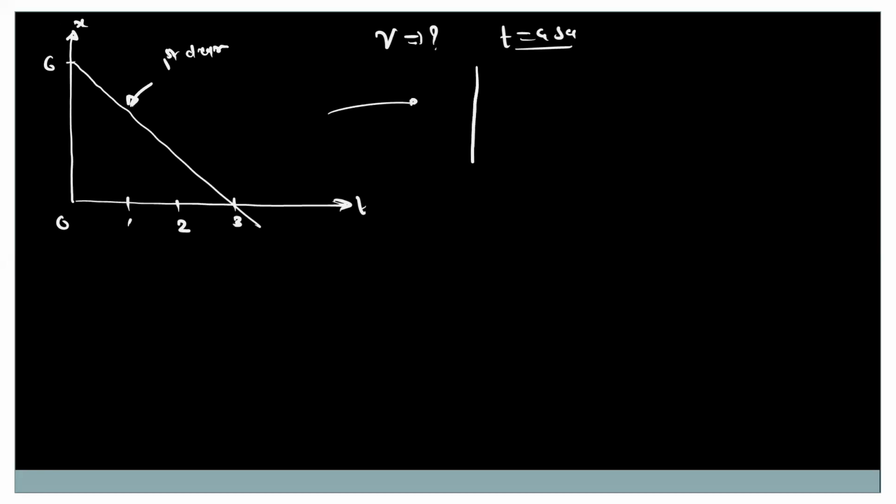So this straight line, this is the first degree curve. This value is 6, this is 0, and this is 3. And from this, we have to find out the velocity at t is equal to 4 seconds. So we know the nature of the graph. If the xt graph is a straight line, then from this we will get the velocity-time graph as a constant line. So this is the 0 degree curve.